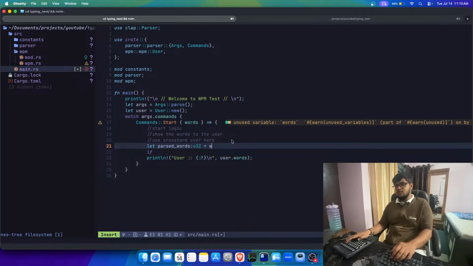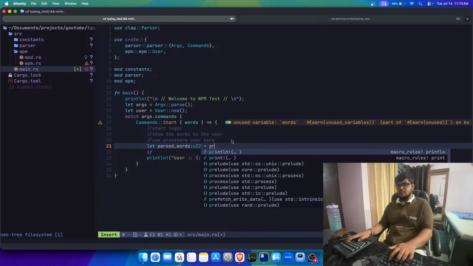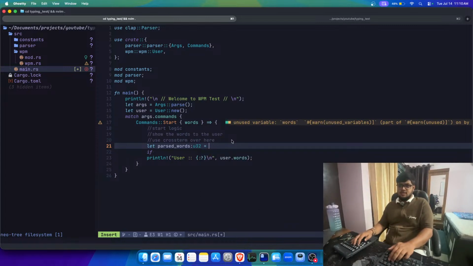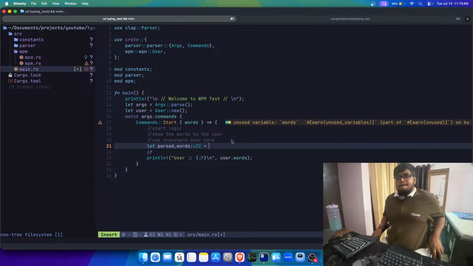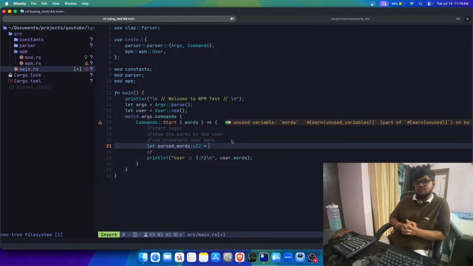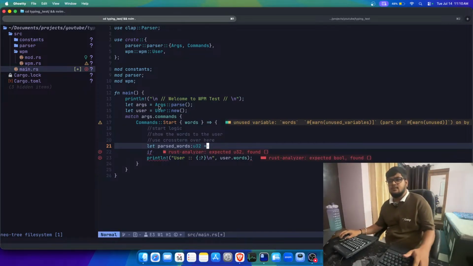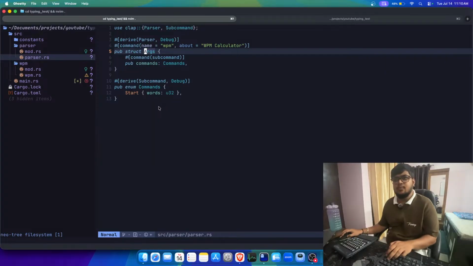So I'll have to create a function out of it. So I'll say user dot parse, not user. Can I use this thing, or maybe on the parser over here, if I go,